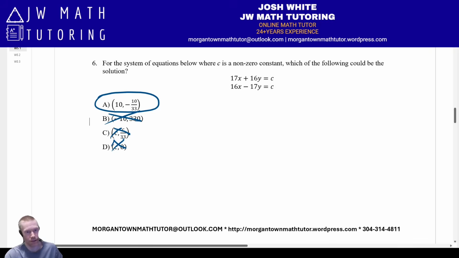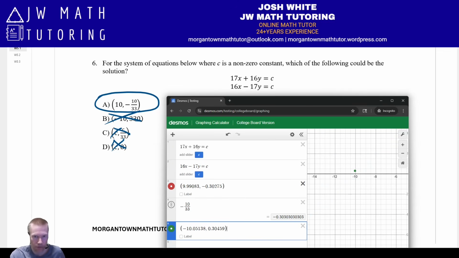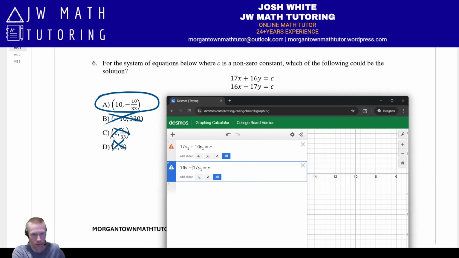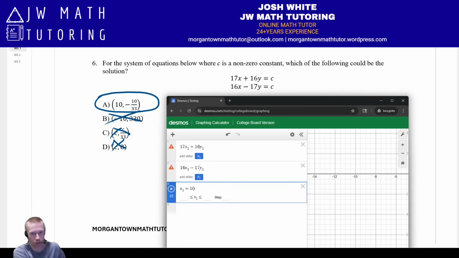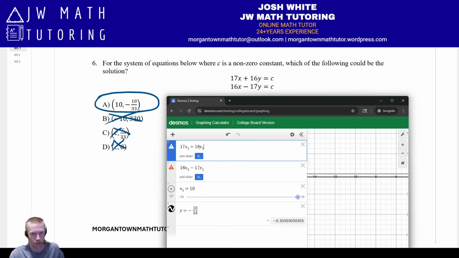So this is the first method. This is how I initially attempted to solve this when I first came across this problem. Now I want to show you a different method though. So what I'm going to do next is go through the answer choices. I'm going to plug in the X value of each answer choice, the X coordinate, and I'm going to plug in the Y value. And what I'm going to look for is,